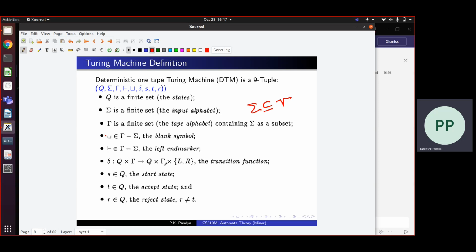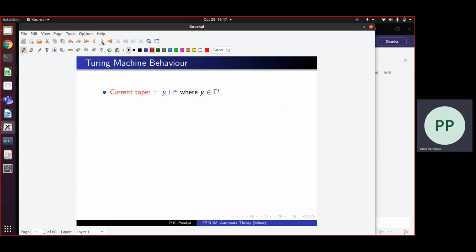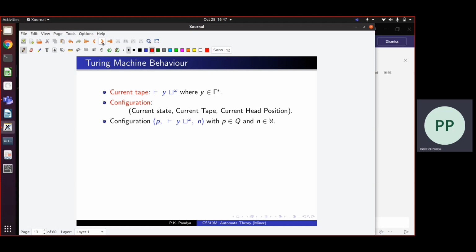And the transition is something that we saw before. Transition is a set of rules like that. The Turing machine has 3 distinguished states: a start state, an accept state called T. There's only one final state or one accept state called T, and one reject state called R. And R and T, of course, have to be different, right? So that is what a Turing machine is. And what the Turing machine does is, it will go through a sequence of transitions, changing the configuration from one to another.